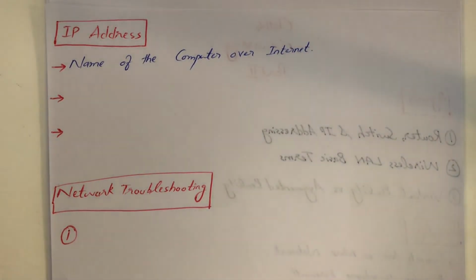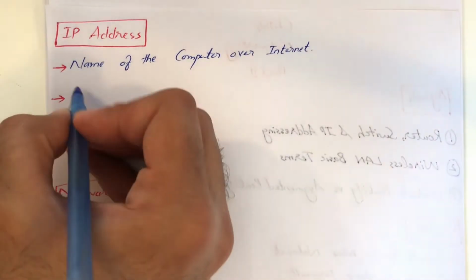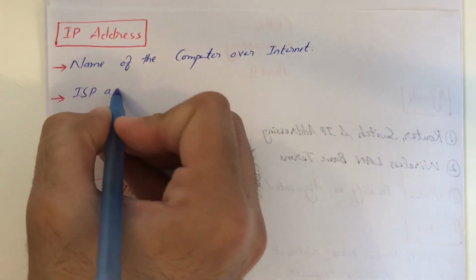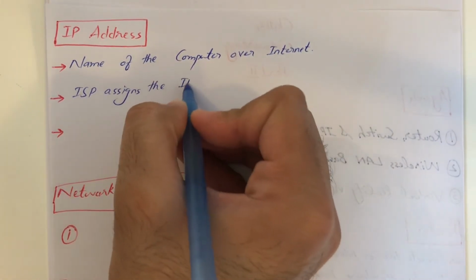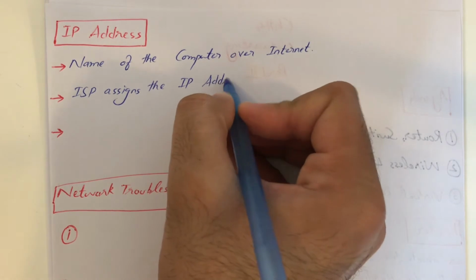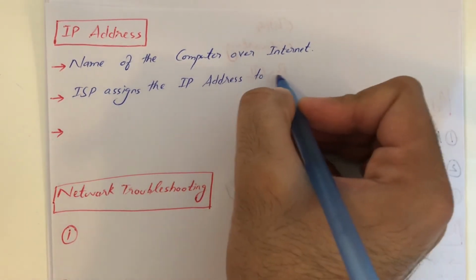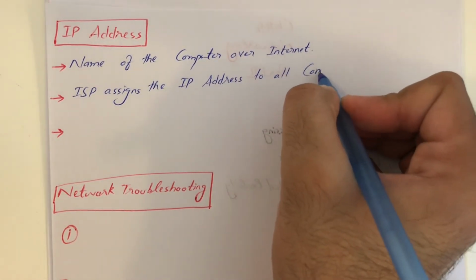So whenever you connect your device with internet, ISP assigns you an IP address. So ISP assigns the IP address to all connected